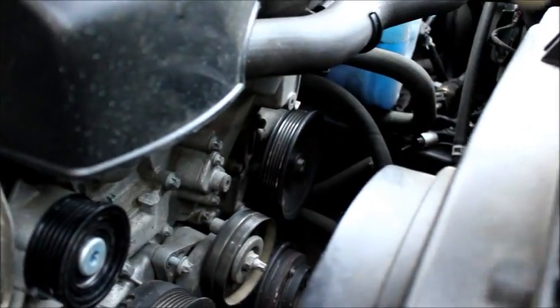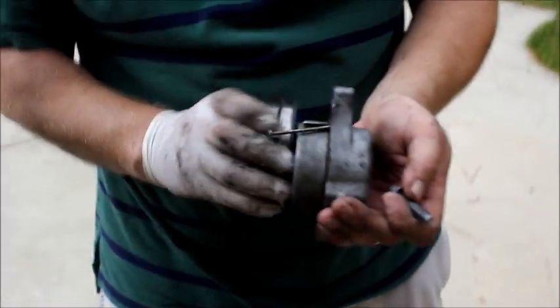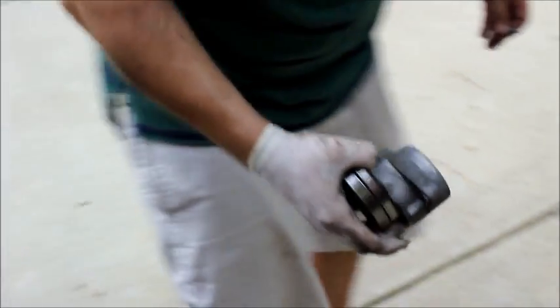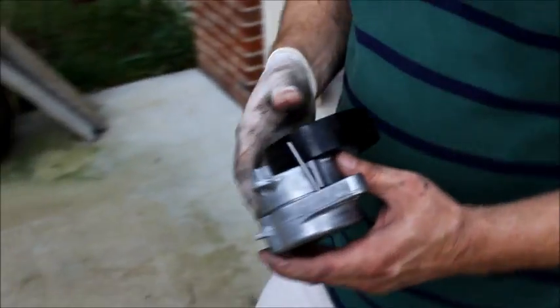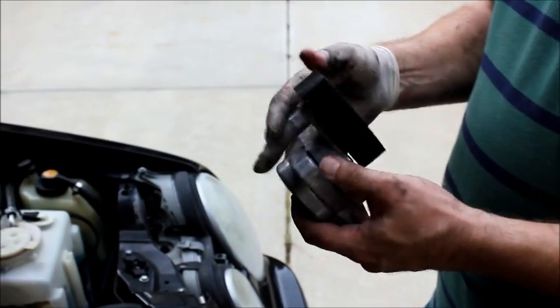My gloves have broken off. There we go. The tensioner pulley with my homemade drift, which is just a nail in there. Hopefully that stays on. Have the two bolts. Let me get the new tensioner. As you can see, it already has its drift in there. That came from the factory. So now I have to